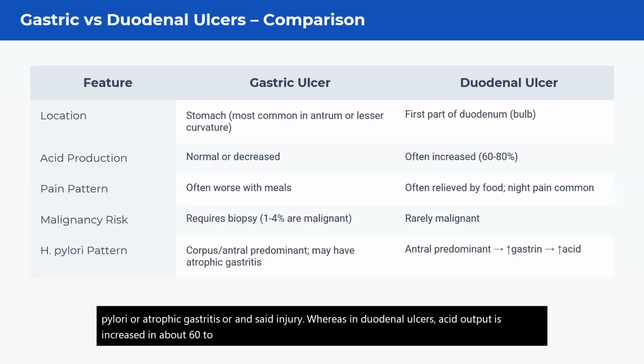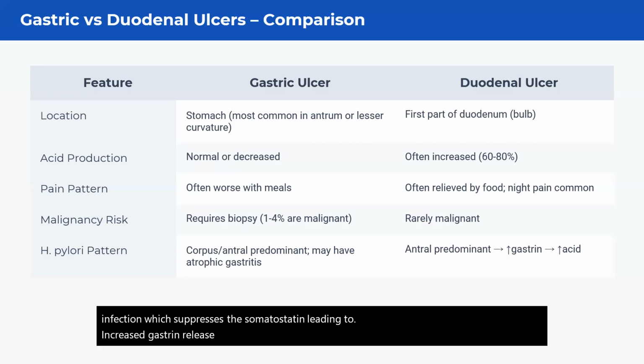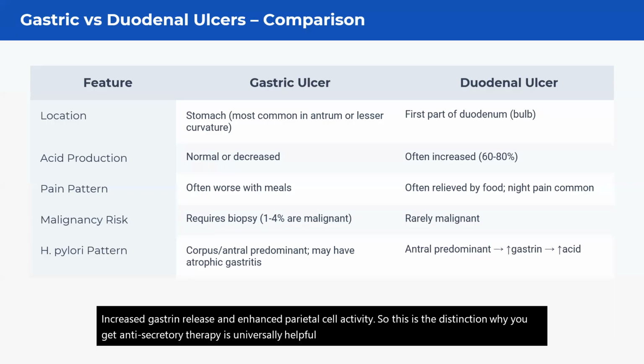So the risk is linked to the antral predominant H. pylori infection, which suppresses the somatostatin, leading to increased gastrin release and enhanced parietal cell activity. So this is the distinction: anti-secretory therapy is universally helpful, but prevention strategies differ. You're going to either restore the mucosal defense for a gastric ulcer, or you're going to control acid release